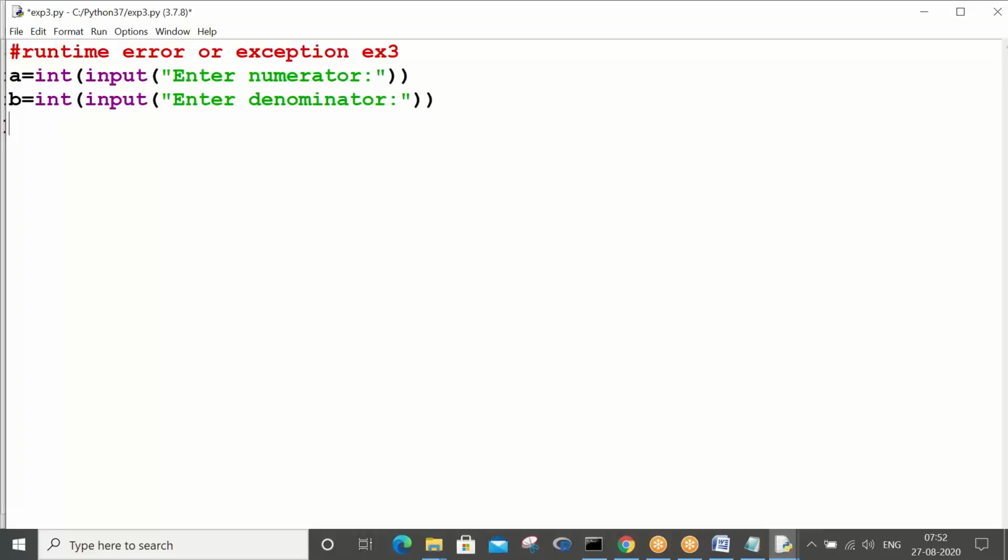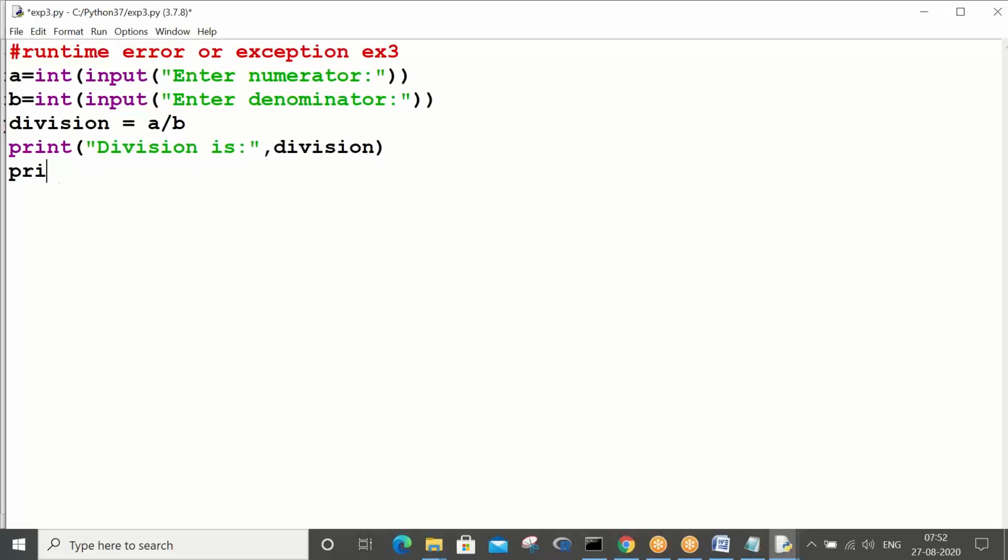Now division is equals to A by B, right? Print division is division.